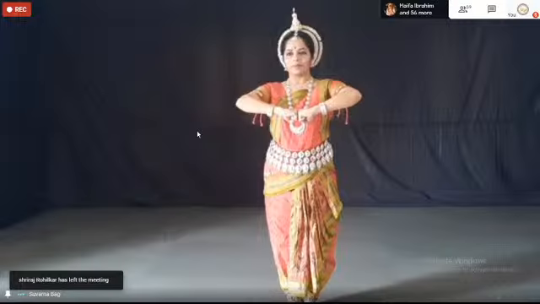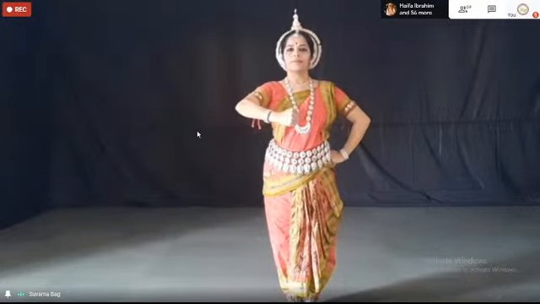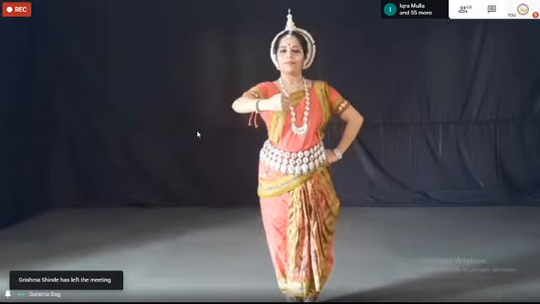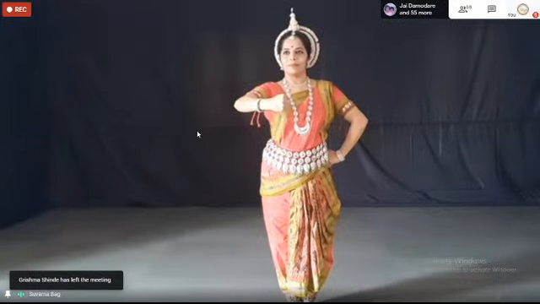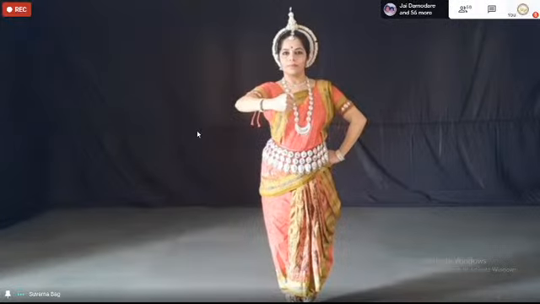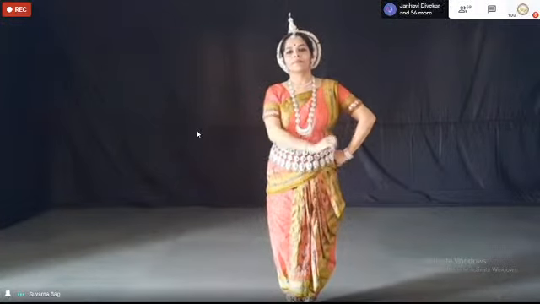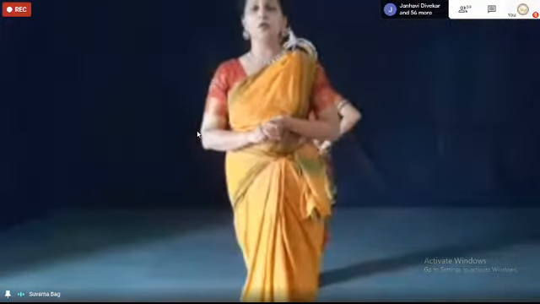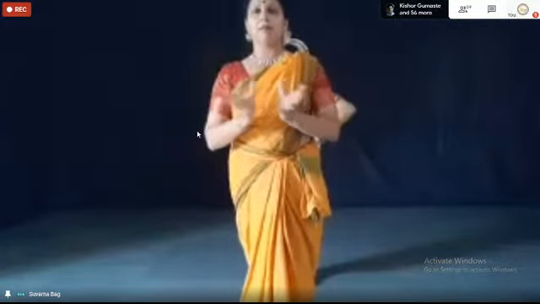Virodha, to show defiance, where the thumb goes inside the fist. Virodha, which means defiance. So as Suvarna right now mentioned, all these gestures are used to create a picture because